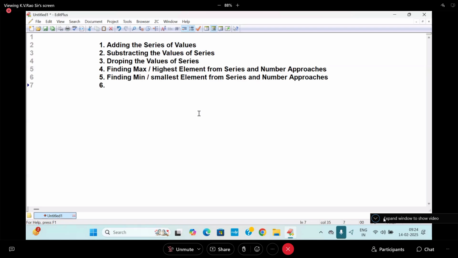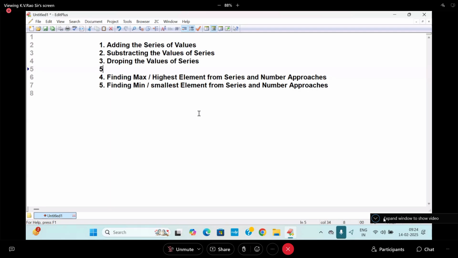Before that, I will tell you the fourth so that you can understand: sorting the values of series. Then I'll go for the fourth, this is the fifth, and then the sixth. And the next, the seventh one, we are